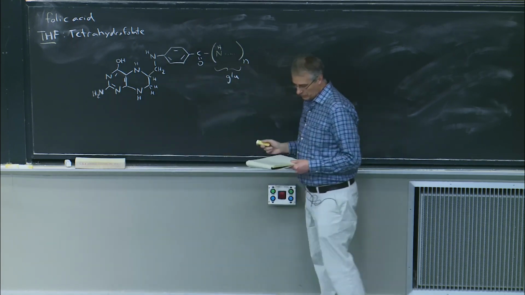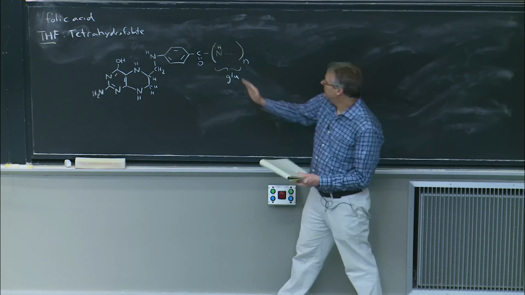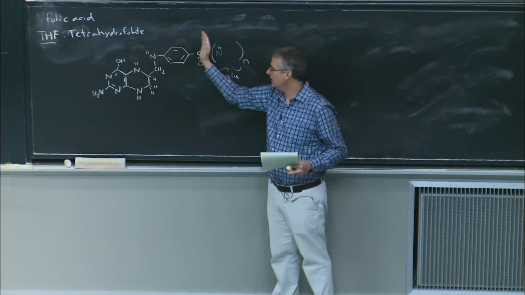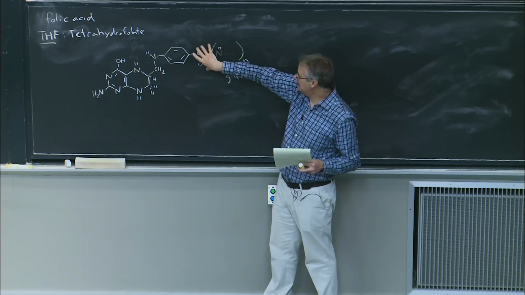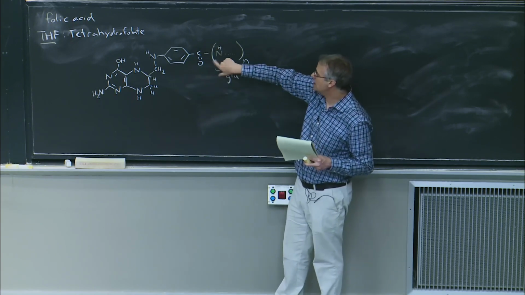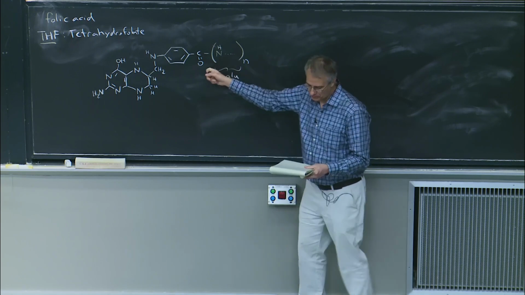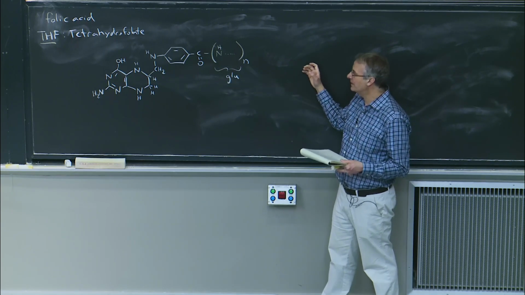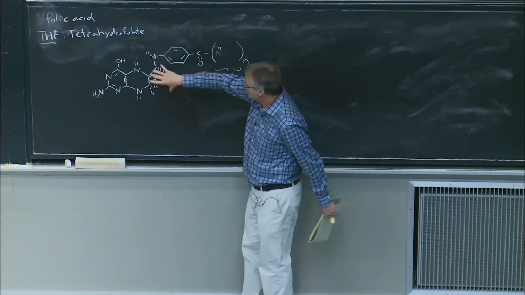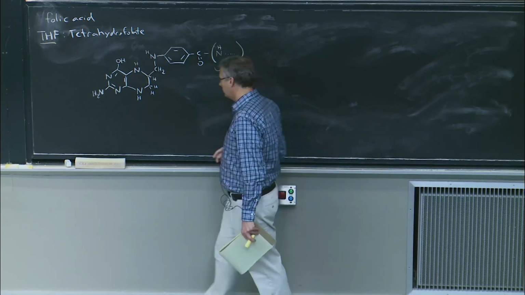Okay, so this here is folic acid. The folic acid molecule is tetrahydrofolate. It has a peptide bond here to a glutamate molecule, and it's actually a polyglutamate tail that is there to trap it in cells. It's this central part of the molecule here